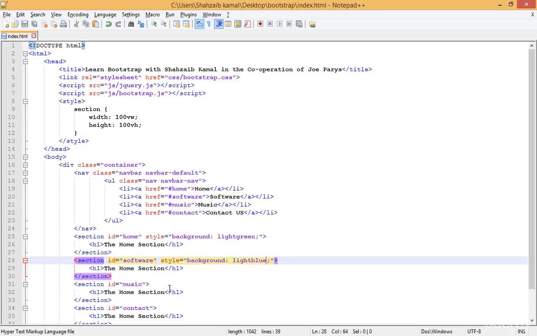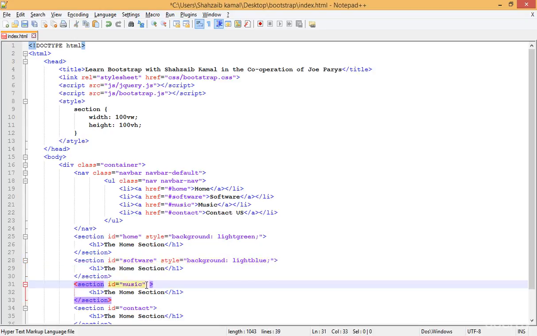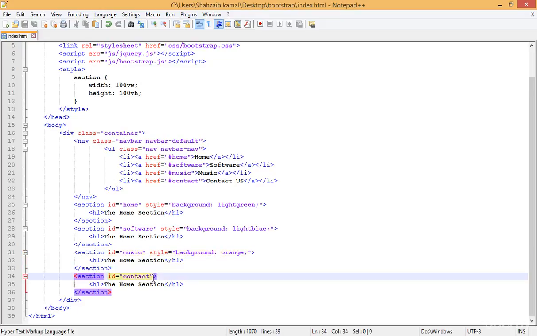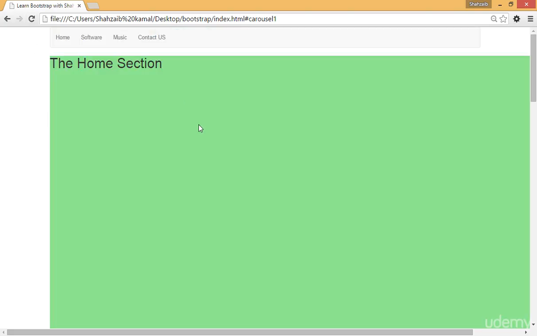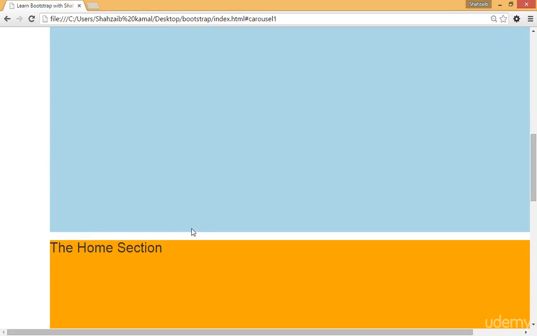Okay, again just pasting this here, and here I'm just adding the orange. You can use any color, whatever you prefer. And there I'm just adding the gray. I don't know why I'm choosing the gray, but okay. Let's just refresh that. Now you can see, okay, home and everything is clear, but actually this thing is not